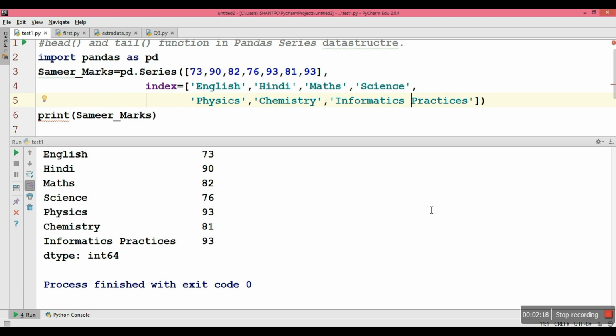You have to use it where the object has been called as the output. Say here, print Samir marks is the output command. So where the output command is there, you have to write .head and then pass the values. Suppose that if I pass 2, it means the first head element is English with